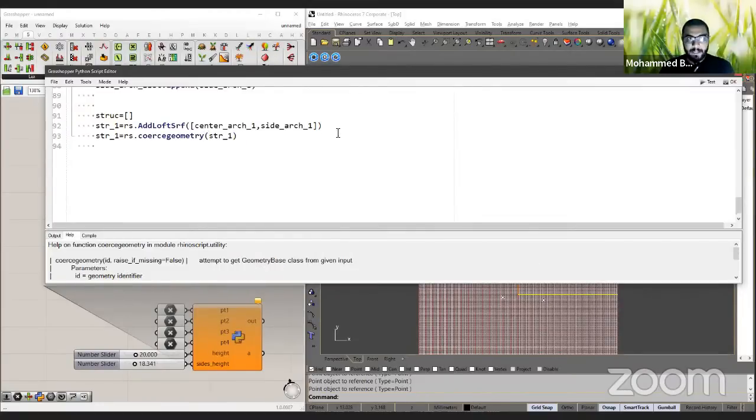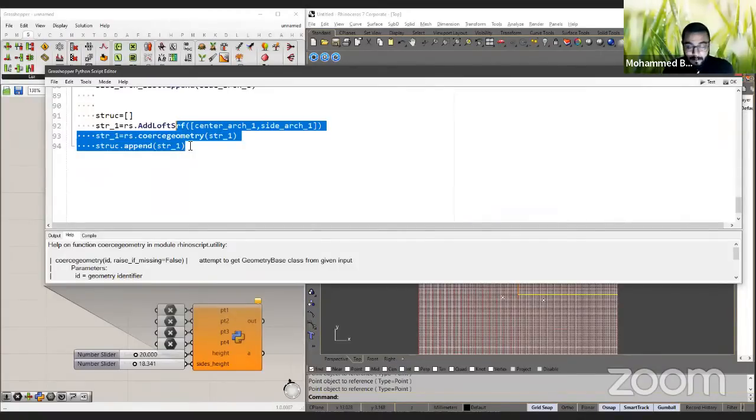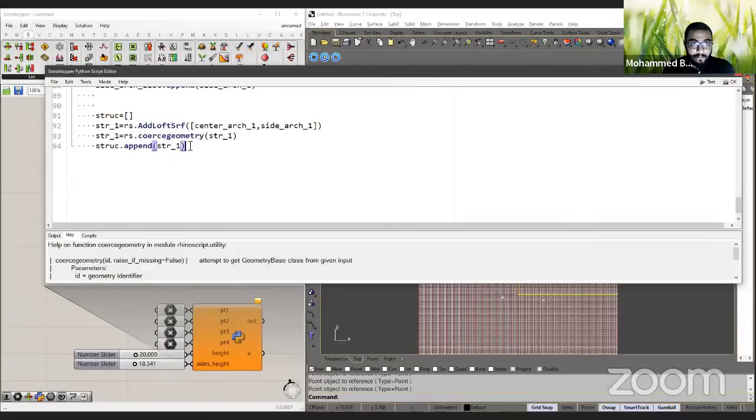Okay, and we want to add it, append this str1, structure 1, or first part of the structure, to our whole list of structure. So we are going to do this 8 times, not 7 more times, sorry, and just copy paste this